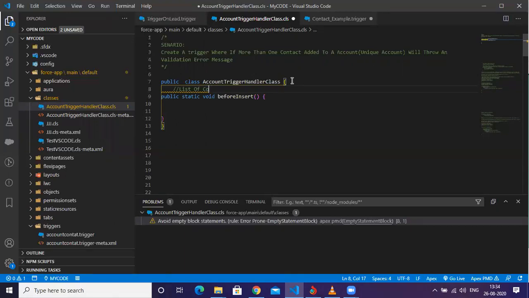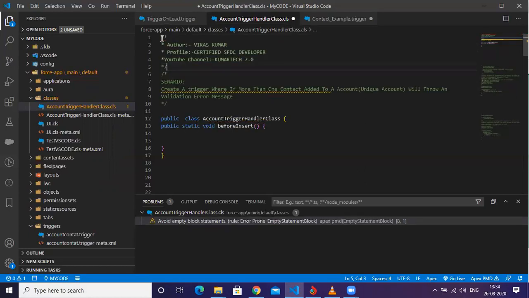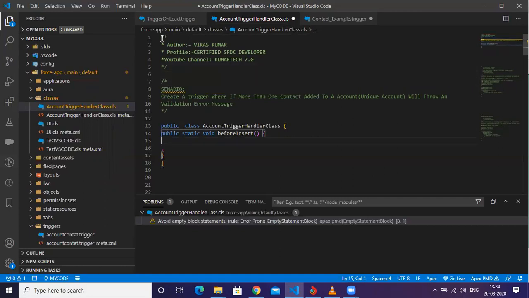Fine. So first thing, let me do the initial step. Cool, let me start. So guys, the very first thing is to create a trigger where more than one contact is added to an account. For that, first we need a contact, right? And contact means a list of contacts, guys. So I need to create a list of contacts